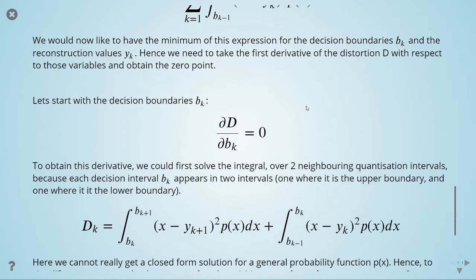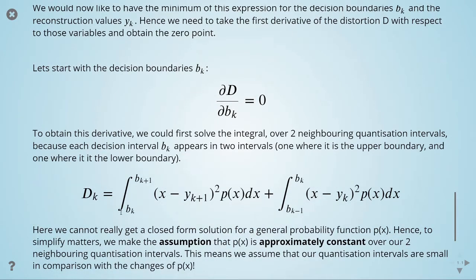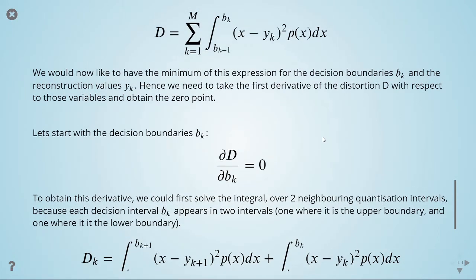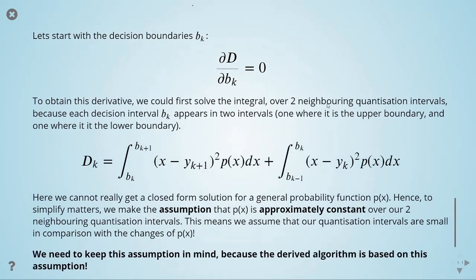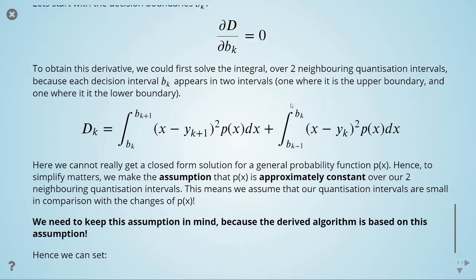So what we can do is to solve the integral over two neighboring quantization intervals, because each decision boundary b of k appears in two intervals, one where it is the upper boundary and one where it is the lower boundary. So we have here the lower boundary and we have here the upper boundary. So we're dividing the integral, solving it over two neighboring quantization intervals. And we come to the conclusion that we cannot get a closed form solution for a general probability function p